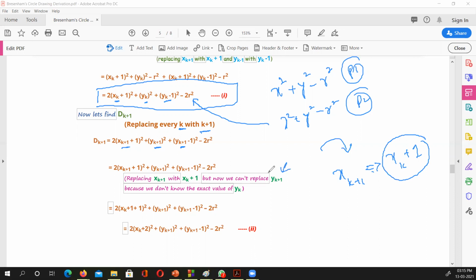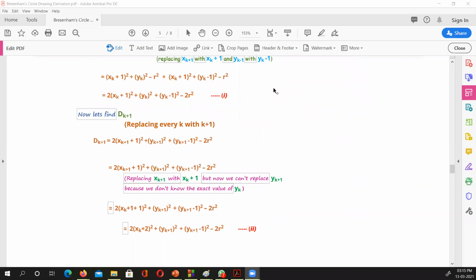But I can't do it with the y because I don't know should I do it or should I not do it. So this will be my general equation. I don't know should I do it or not, but x of k I can do it. So I can have a general equation second for both cases, because in both cases x of k is incrementing. x of k+1 actually is x_k plus 1, so instead of x of k+1, I am writing x_k plus 1, plus 1 here, such that it becomes plus 2. So it becomes x_k plus 2. For y_k, I can't do anything, I'm writing it the same way.